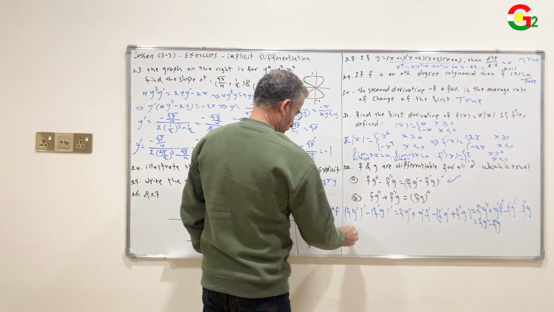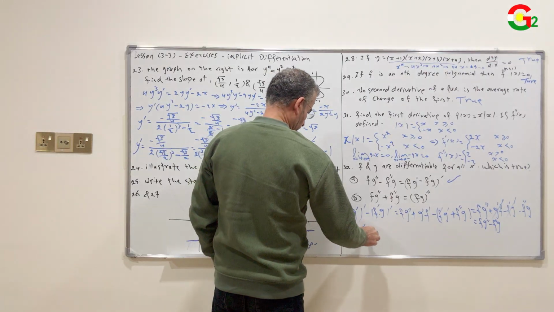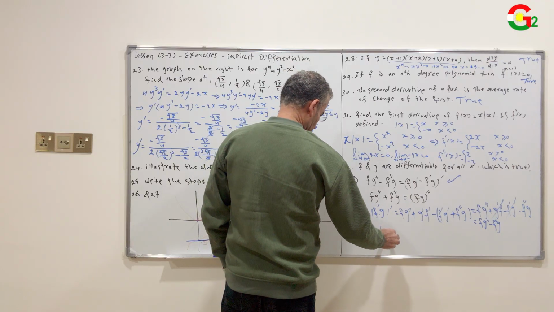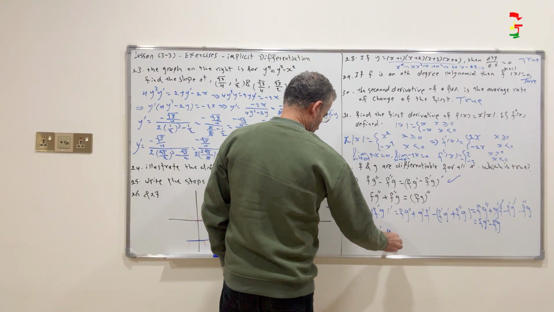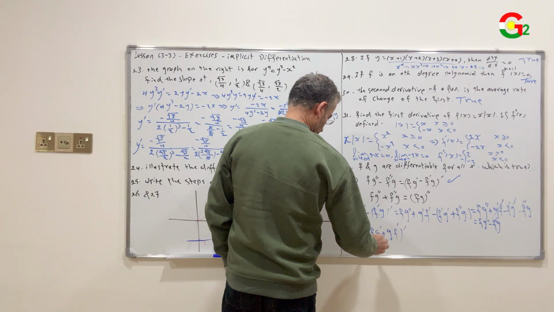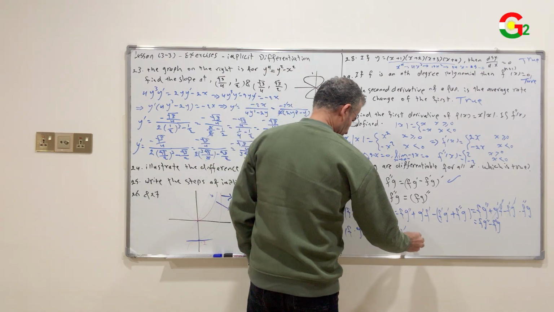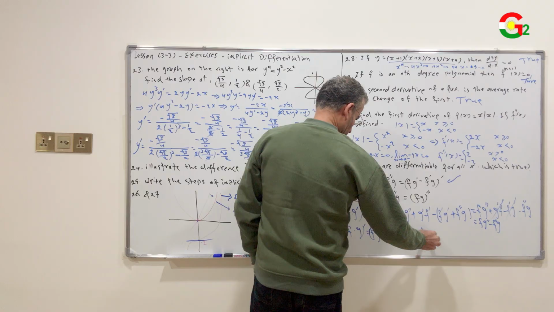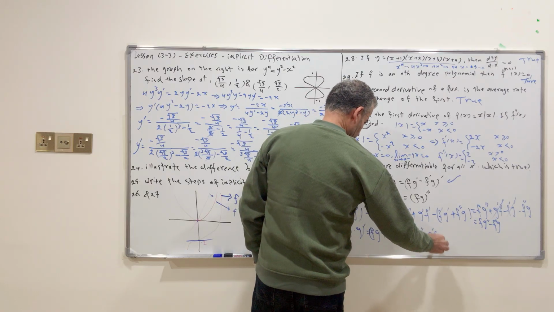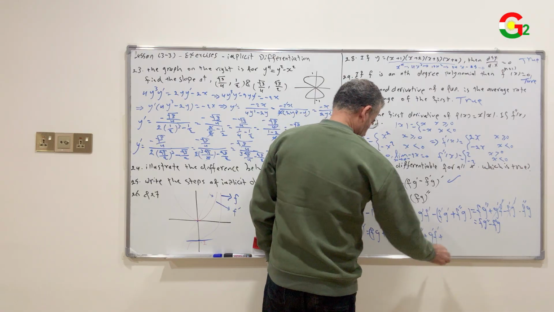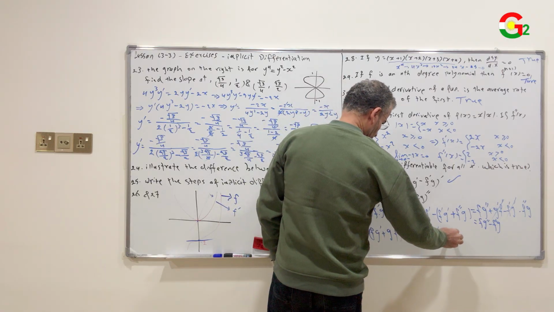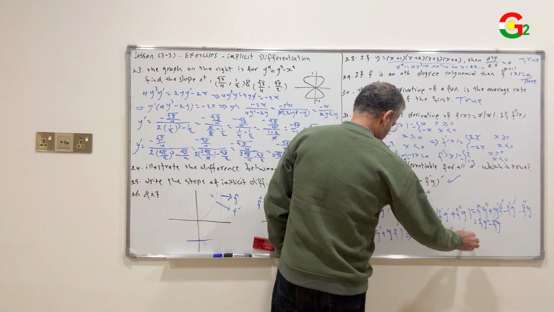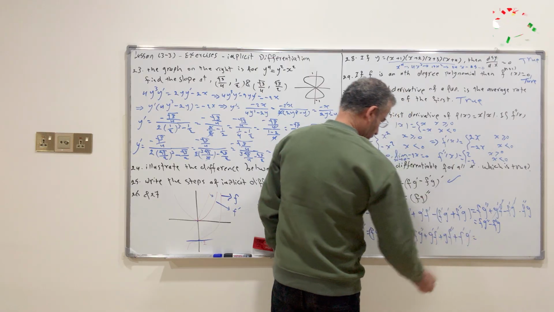Find the first derivative of f times g, then find the second. The first function times the derivative of the second plus the second function times the derivative of the first function. Now differentiate it again. The first function times the derivative of the second plus the second function times the derivative of the first plus the first function times the derivative of the second plus the second times the derivative of the first equal to